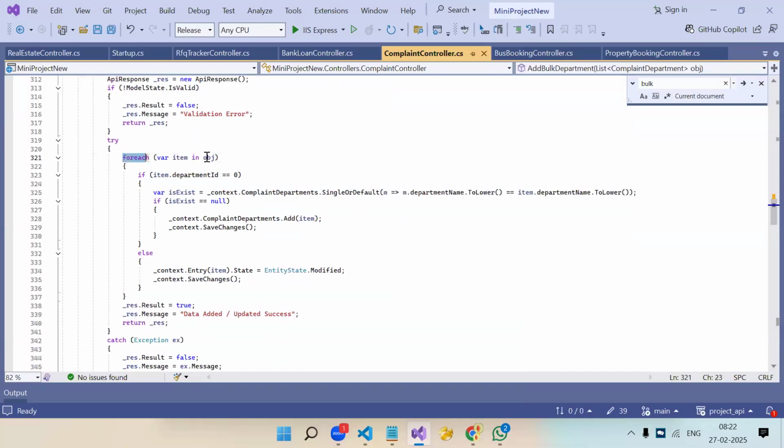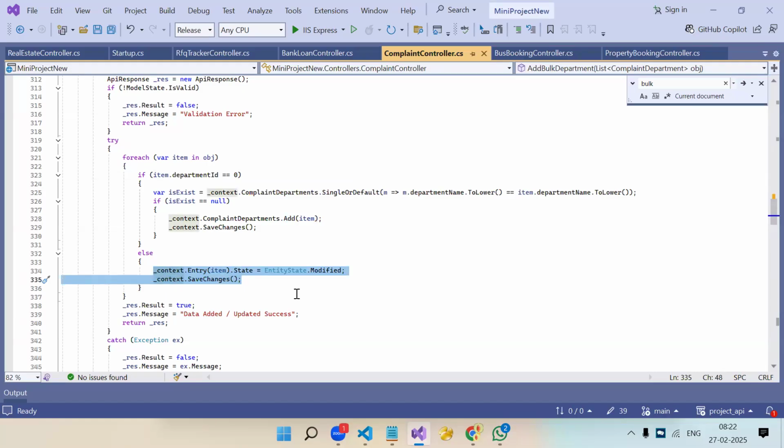सो मैं फॉर लूप लगा रहा हूँ, जैसे अपने उधर फॉर है, यहाँ पे फॉर इच लूप है, वेर आइटम इन दिस, सेम कंसेप्ट है, राइट? वहां पे फॉर है, लेकिन अंदर का देखो ऑलमोस्ट सेम है। यहाँ पे वेर है, वहां पे अपन लेट लिखते थे। ओके, सो मैं फॉर लूप लगा रहा हूँ, पहले चेक कर रहा हूँ कि अगर डिपार्टमेंट आईडी 0 है, उसमें भी मैं चेक कर रहा हूँ कि डिपार्टमेंट ऑलरेडी एग्जिस्ट है कि नहीं। अगर नहीं है तो मैं नया रिकॉर्ड क्रिएट कर रहा हूँ ऐड से। अगर डिपार्टमेंट आईडी 0 नहीं है तो एल्स में जाएगा, और अपडेट का लॉजिक है मेरा।